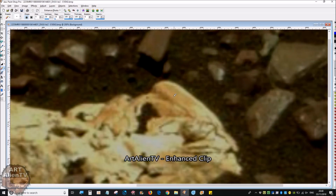This looks a bit like a jawbone. I'm not saying it is. I couldn't prove it either way, but we have interlocking parts here, and some very, very vague, pointed, jagged parts here, like small teeth. And obviously this comes right round and comes right back to here, and then this sort of comes to here